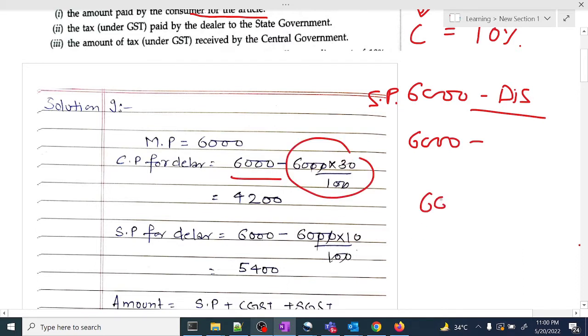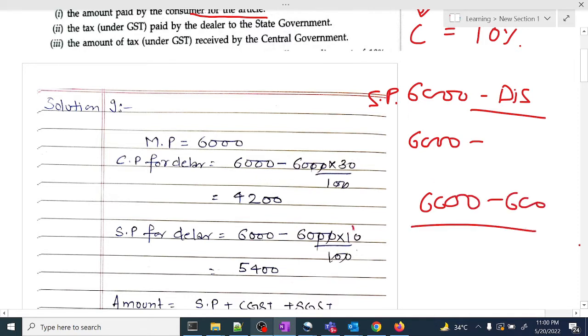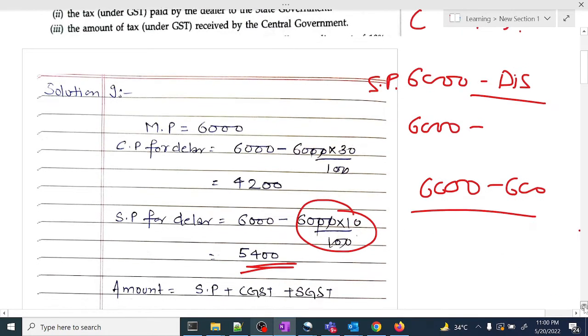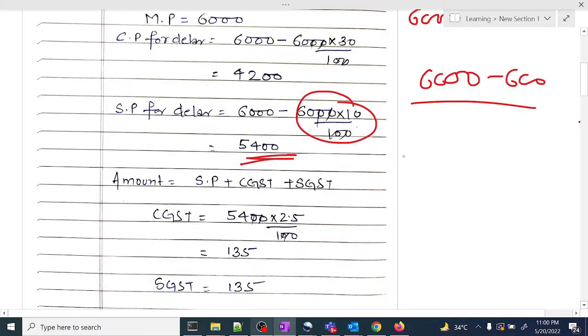So 6,000 minus 600 rupees. 10% of 6,000 is 600 rupees. So 5,400, right? So the amount will be 5,400